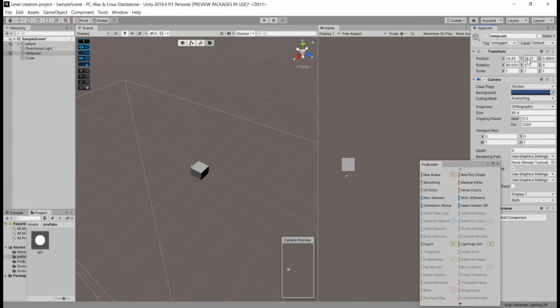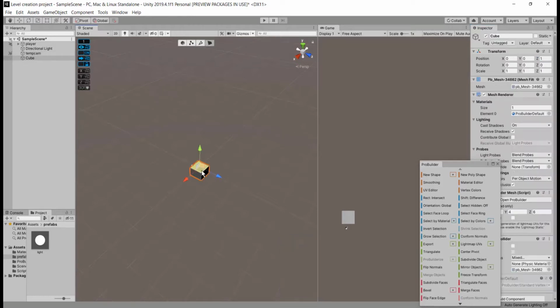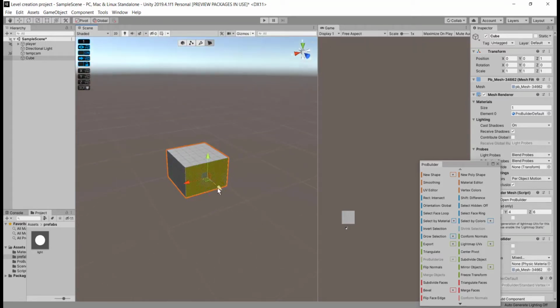Then we can change the x and z parameters of the transform of our temp cam so that we can position our level object inside our game view in a proper place. Now we can scale our level up without taking it outside the game view.